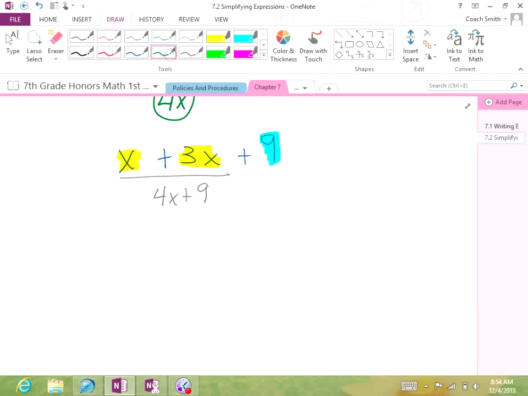This is your answer. You can't go any further because the x is there, and there is no x by the 9. Okay? That'd be like saying I got 4 black backpacks and I got 9 blue backpacks, and altogether I got 13 blue backpacks. Okay? No, it ain't gonna work that way. So like if it did have an x, if the 9 did have an x. Yeah, then you could put the two together. Okay?